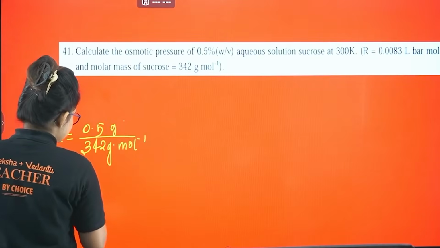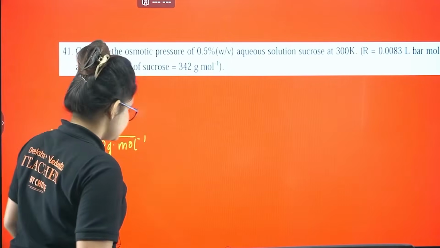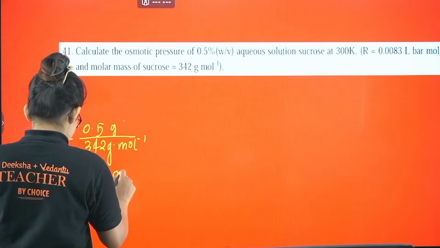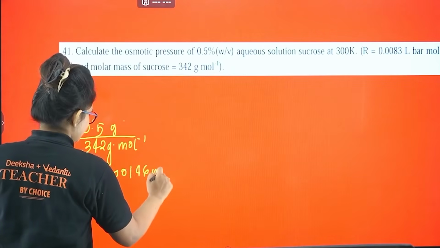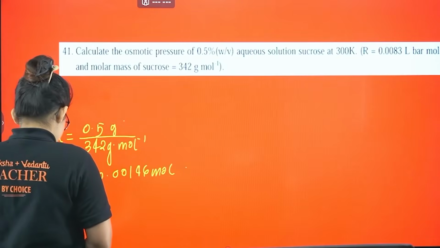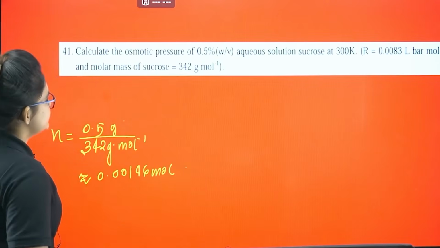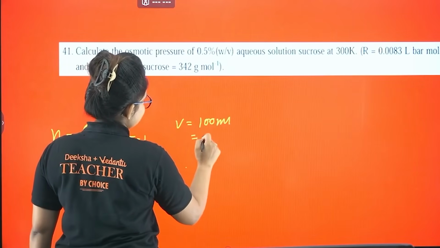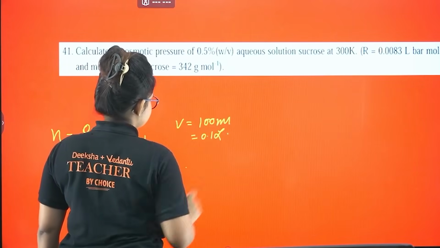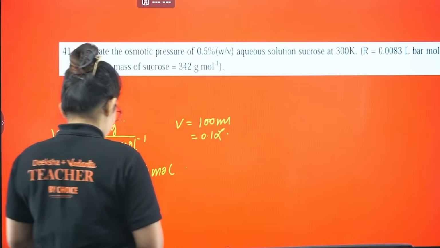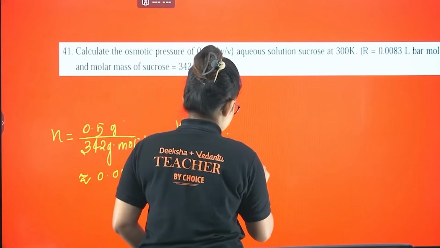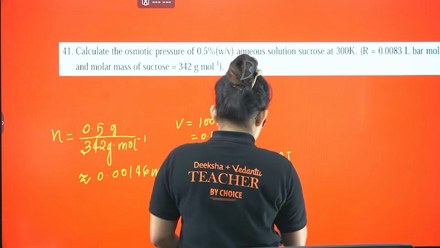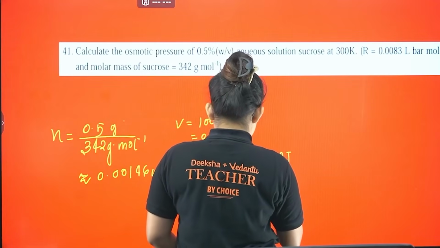This is gram. So if you calculate this, it will give you something almost equals to 0.00146 mole. Okay. So now volume, you can see volume by default I am having 100 ml, right? Means 0.1 liter. Okay. Now let's proceed with the formula. That is pi equals to N by V into RT. So N value is given, that you know,